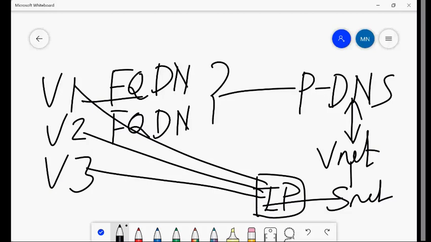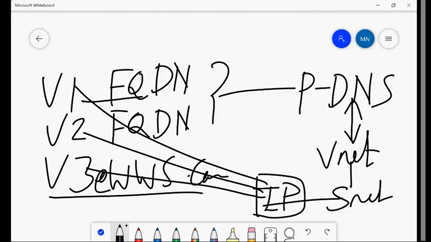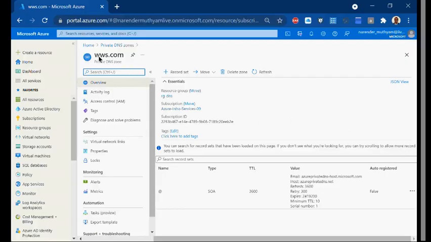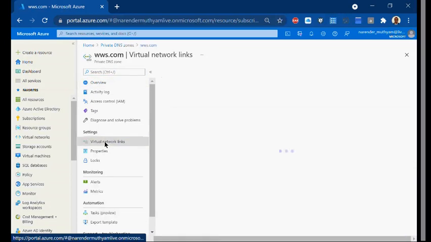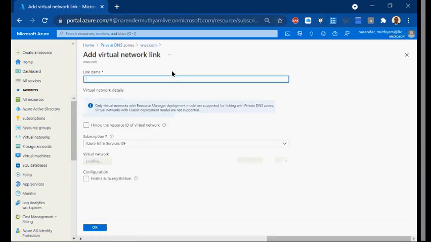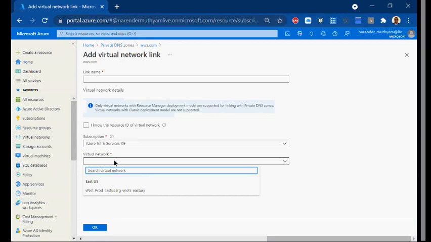When you are linking it here, what happens? All will have the same domain name here, wws.com. Automatically, a VM will get registered at wws.com. So once you have linked it, it's like a one-time investment, not every time. See what we have done, we have just created a private DNS and we have done nothing actually. Once you create it, the second step is linking it. Once you link it, and it's slow, I told you, it's only a one-time investment. We won't be doing it every time.